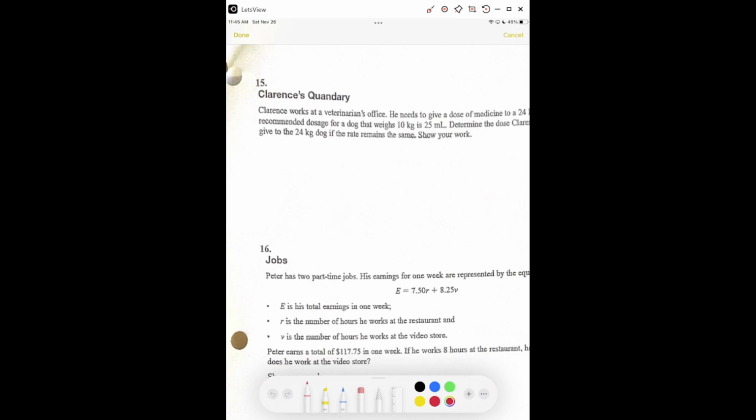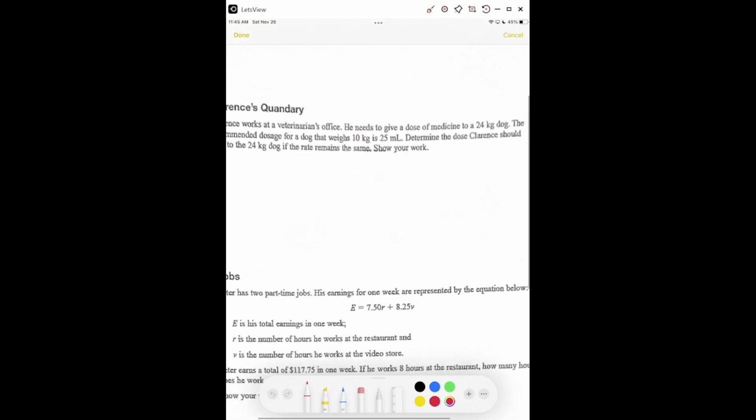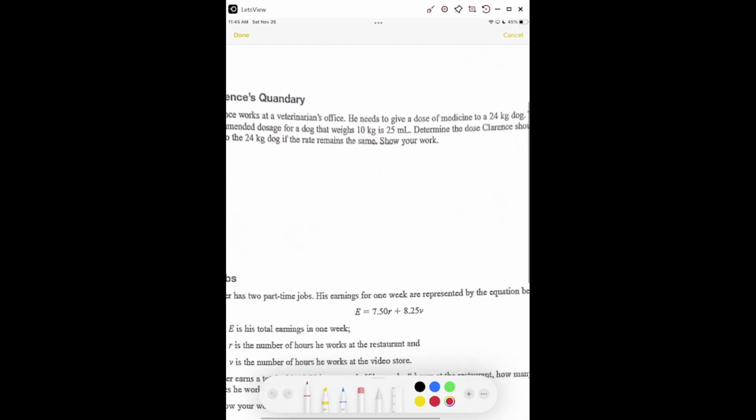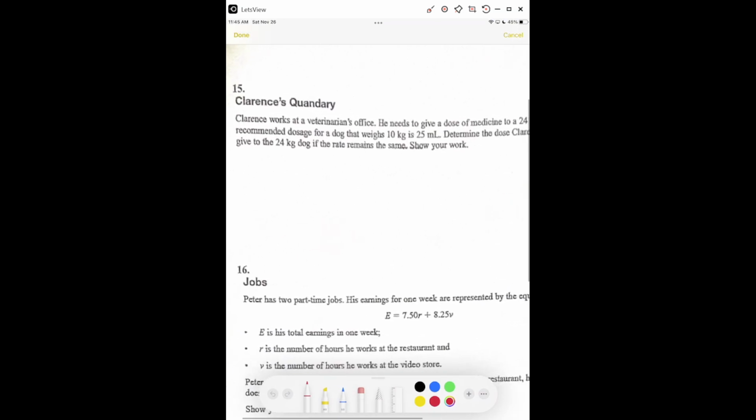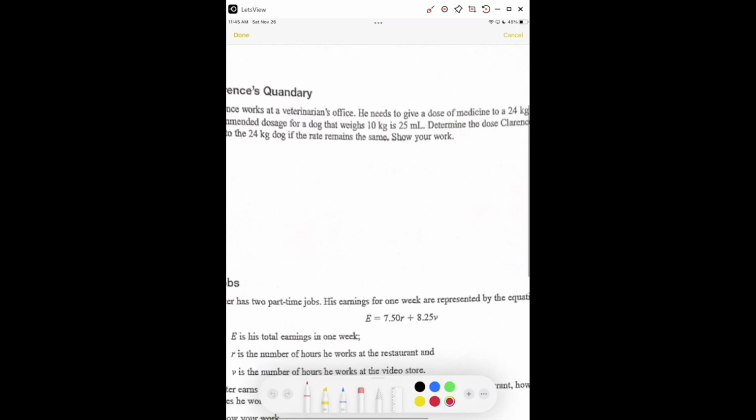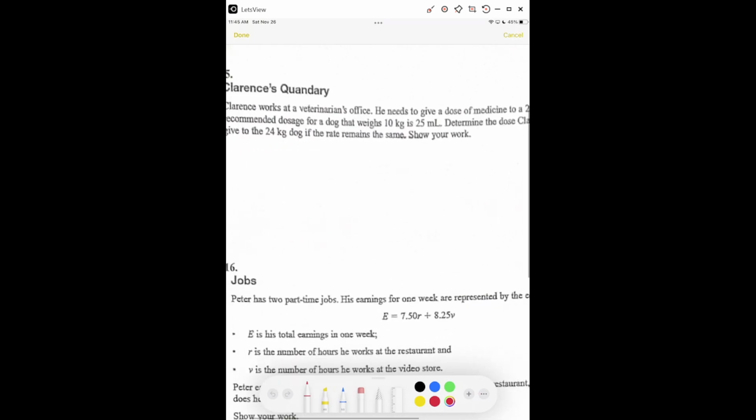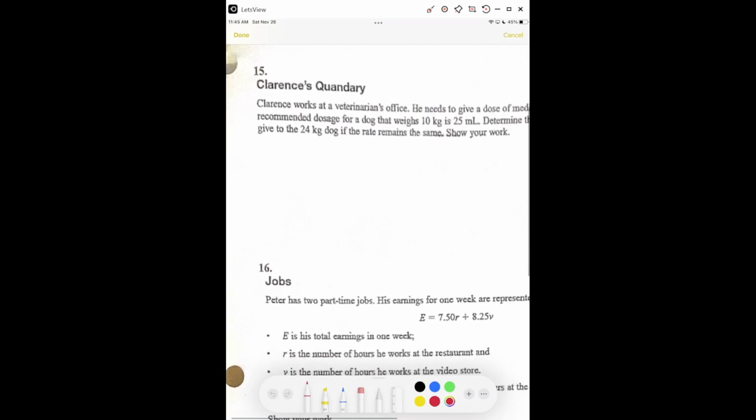Clarence works at a veterinarian's office. He needs to give a dose of medicine to a 24 kg dog. The recommended dosage for a dog that weighs 10 kg is 25 milliliters. Determine how much Clarence gives to the 24 kg dog if the rate remains the same. Show your work. Alright, so first of all, we want to write down our formula,